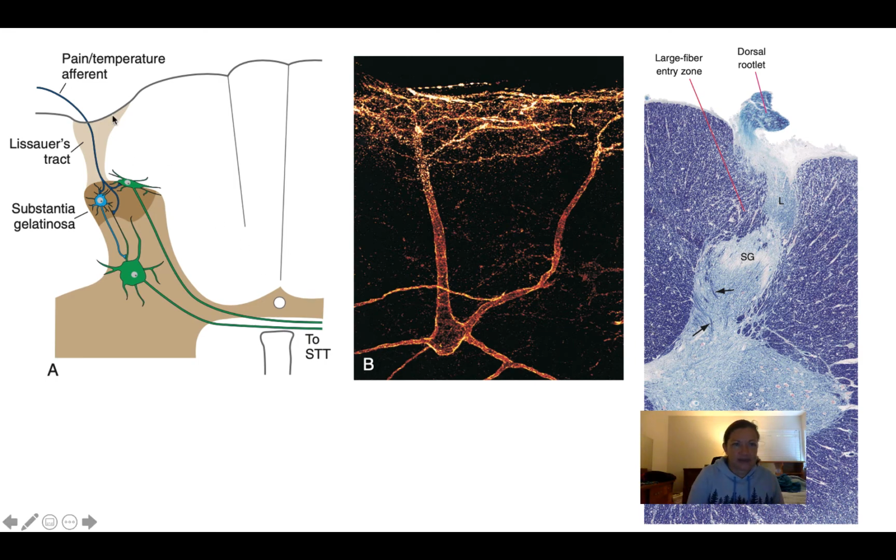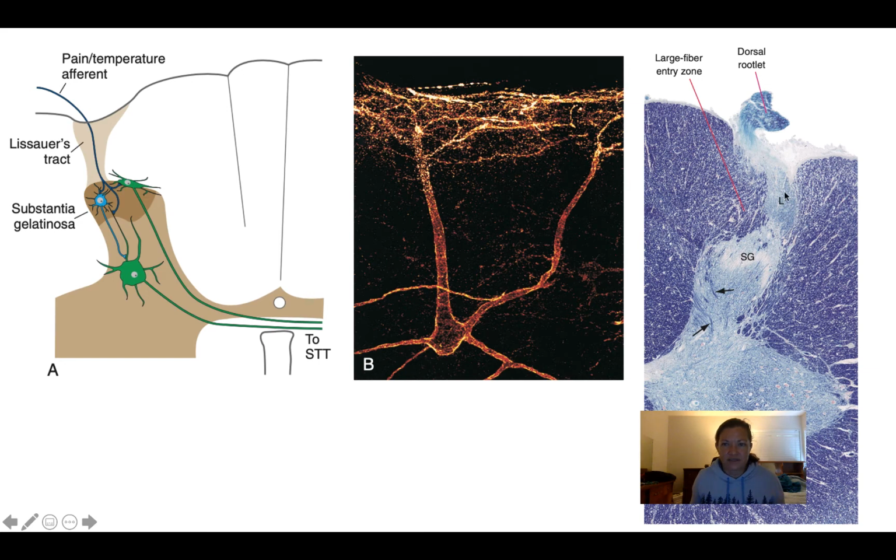Here's the schematic representation of Lissauer's tract in your book. The schematic over here and the actual section with a myelin stain over here. And so you can see the pain or temperature afferent enters the dorsal white matter, and this is Lissauer's tract here, this column of white matter that's dorsal to the dorsal horn. And over here, you can see that the dorsal root is caught in section here, and Lissauer's tract is right here,